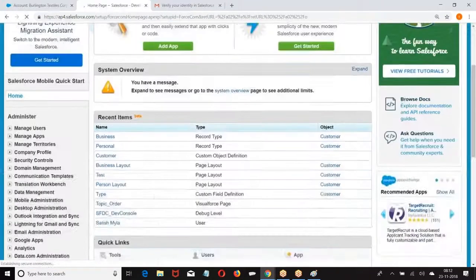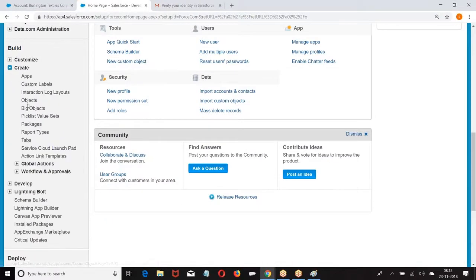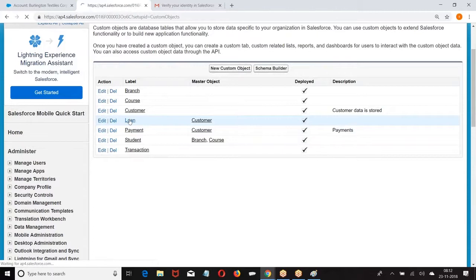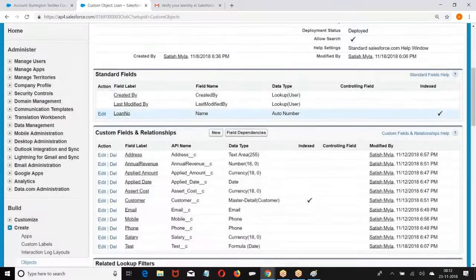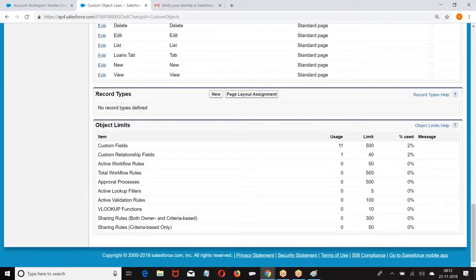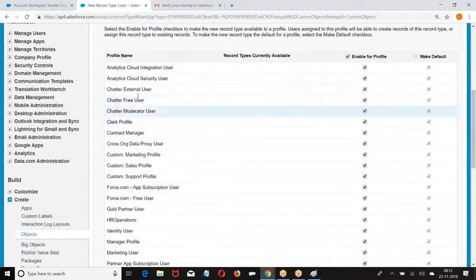Setup, build, create, so we are going with record type. Scroll down, record type, new record type. This record type is visible to which profile?